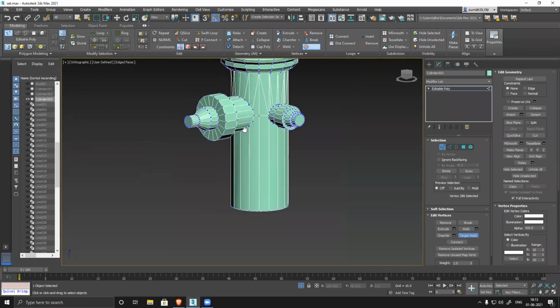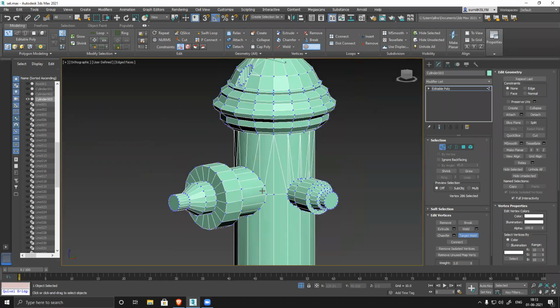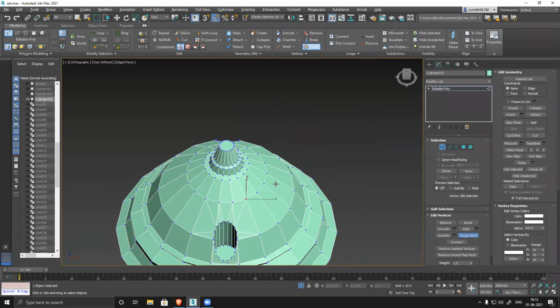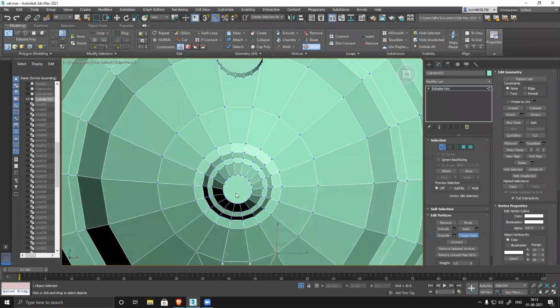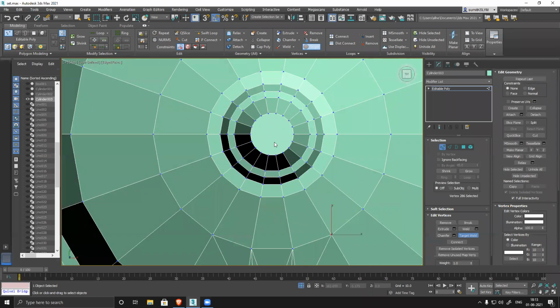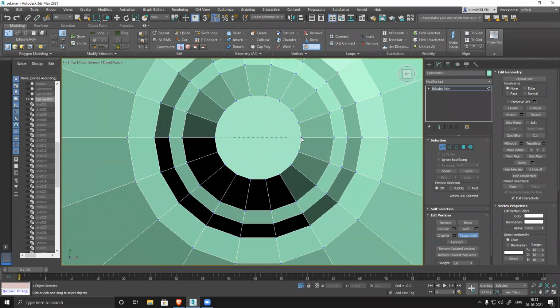Okay, like this we'll connect and fix everything. So now let's see. Now I have something like this. Top view. You see, select this one. Not target weld, I need a cut. Center. This point to this point, connected. This point to this point, connected. This is how we're supposed to close this kind of ending.